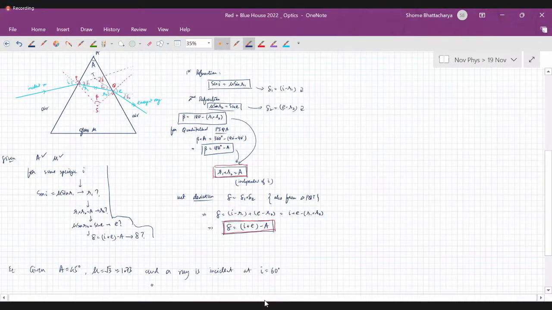So find the net deviation, and draw the ray diagram